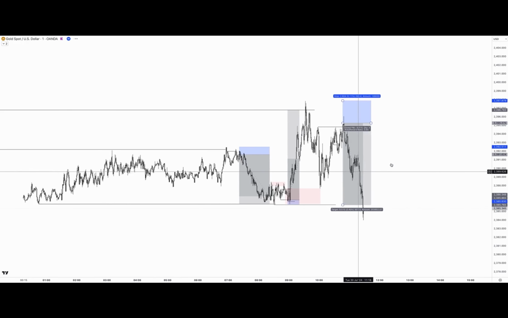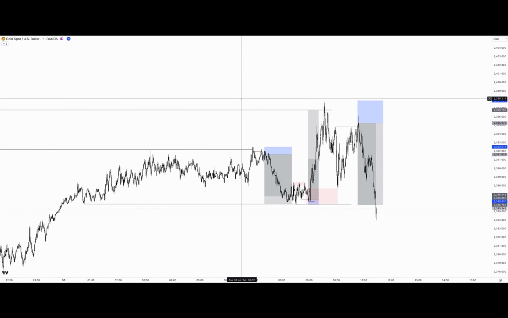Okay, so that's about it. Gold was pretty clean. It gave a ton of opportunities, and it was very simple and easy, right? The market